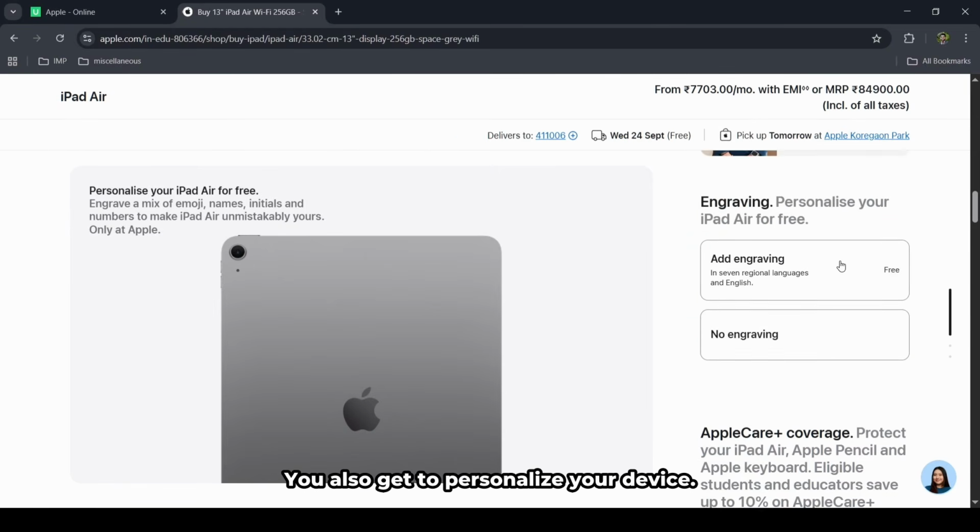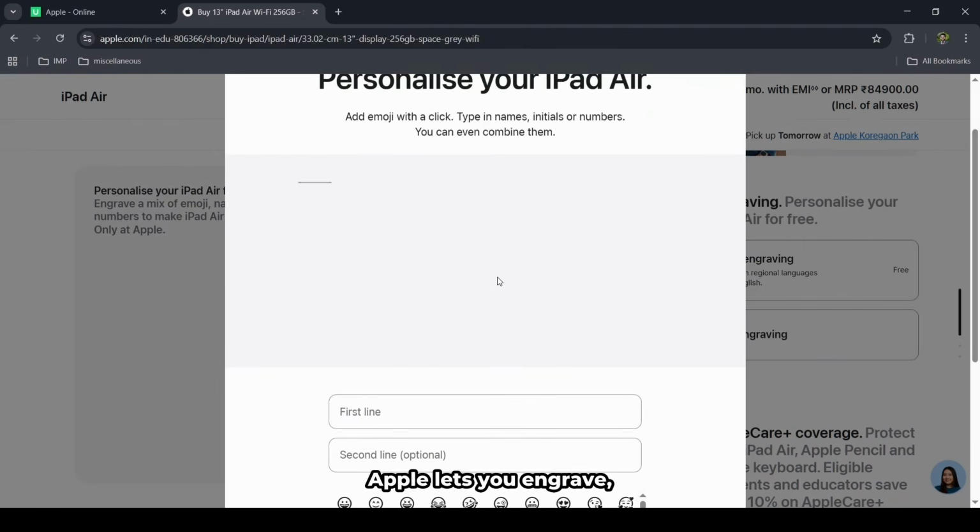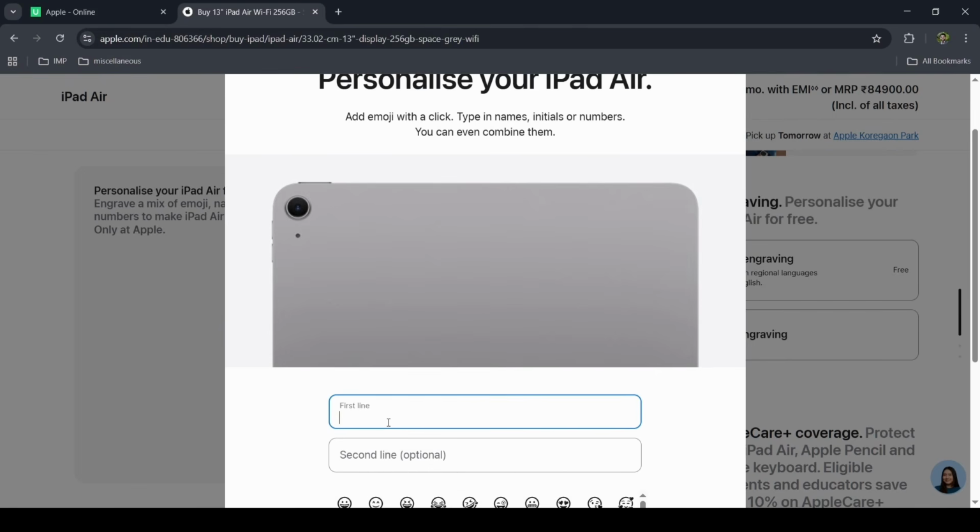You also get to personalize your device. Apple lets you engrave text on the back for free. So I'm going to add over here Tech Byte Ashwin,